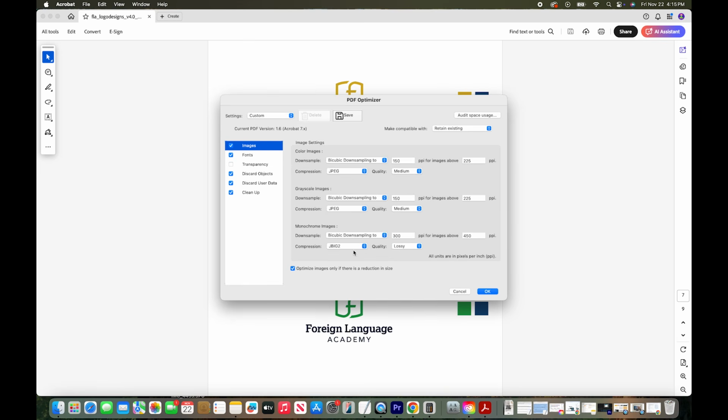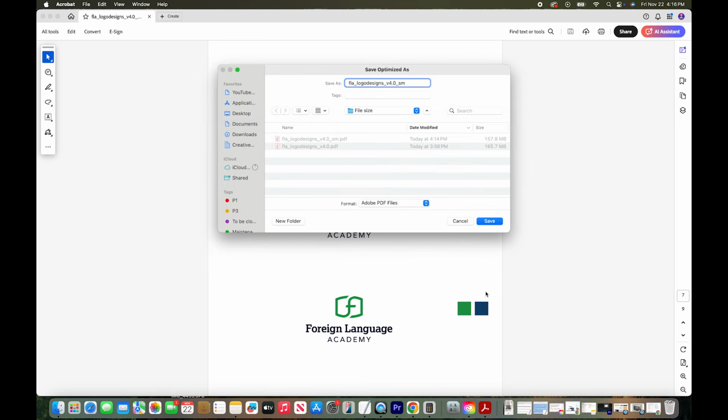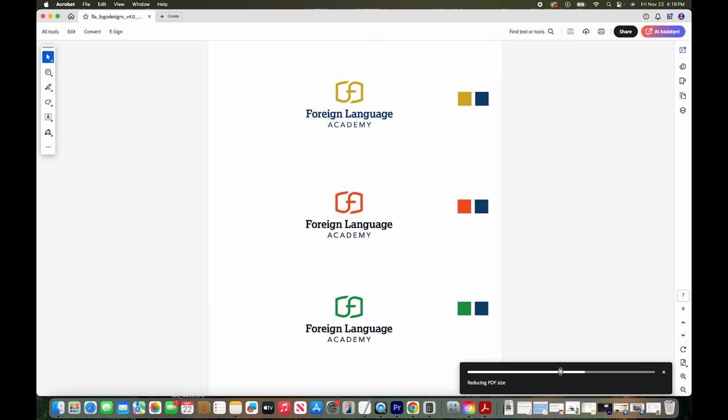Ideally, you want your image compression to always just be above 72 if it's going to be viewed on a screen. 72 is standard web resolution. And I discovered under the settings, this mobile setting. This reduces the image pixel size quite a bit to 96. But it actually makes very small files, and I think the quality is still pretty good. So let's click OK. I'm gonna make this a new file again, say small 2, and it's working in the